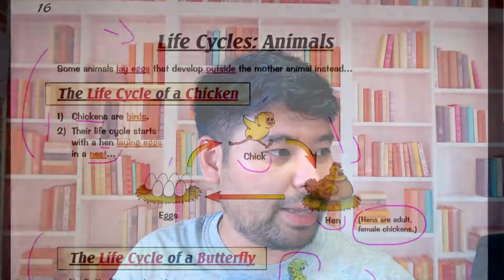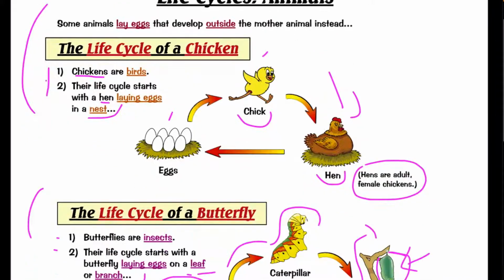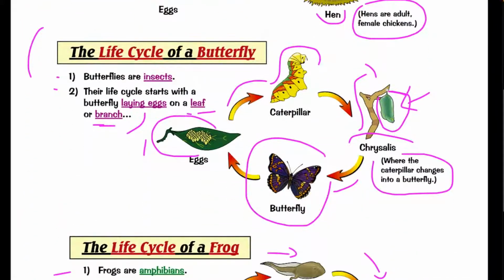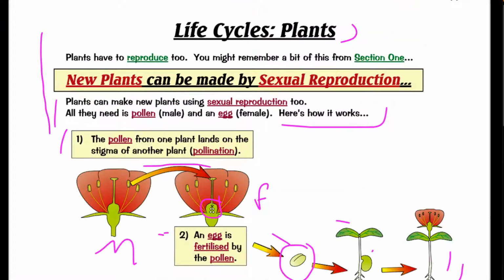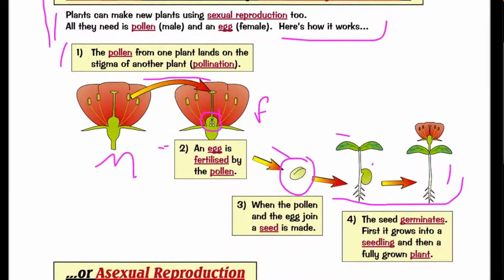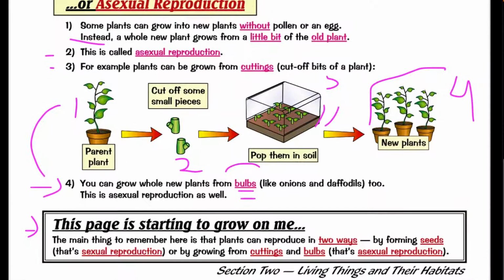And let's give you just one extra info. Okay, so just to make a quick analysis of what we have studied today. Então, o que nós estudamos hoje? The life cycle of some animals, some insects, like this one here. Okay, and then after that we went to the second part, which was the life cycles of plants and the asexual reproduction, right? So this is basically what we have seen today, okay?